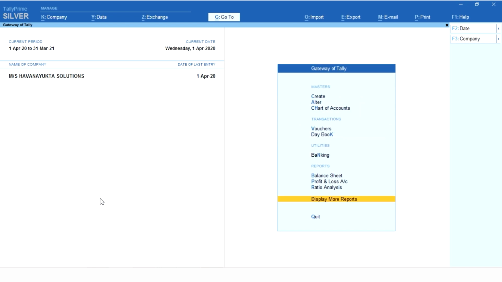I can see only accounting related reports here, which means this will be used for service industries, not for manufacturing and trading industries where they maintain inventory in Tally. If you don't want to maintain inventory features, you can disable the option and use only the accounting features in Tally. If you want to maintain inventory also, then you can go to the company feature